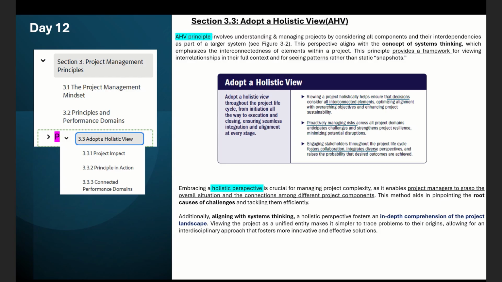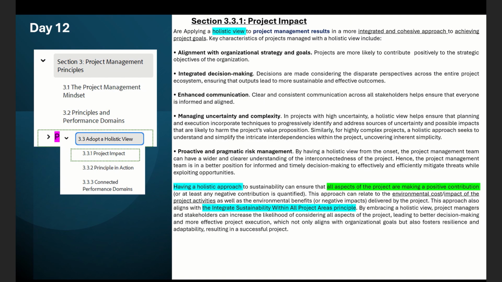We can put into practice everything regarding risk analysis, because we need to proactively manage risks in all projects, and for that reason we adopt a holistic view. And finally, we foster collaboration and integrate the perspectives that we have inside the projects. In this specific part,